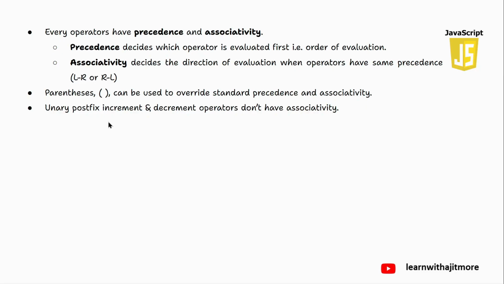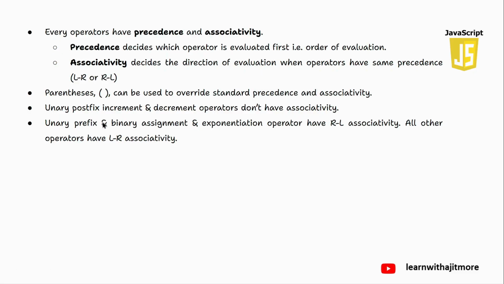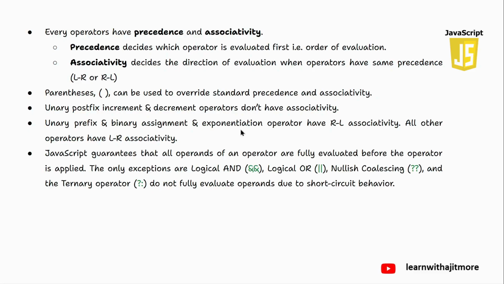Post form में ये दो ही ऑपरेटर available हैं, i plus plus, j minus minus, तो इनको associativity नहीं है. ठीक है. फिर जो prefix unary हैं, unary और binary में कौन से, double star और equal to, इनको associativity right to left है और बाकी सबको left to right. ठीक है, तो देखो unary prefix and binary assignment and exponential operators have right to left and all other operators have left to right. तो rules याद रहेंगे, correct. And last एक point मैंने बताया था that before performing the operation